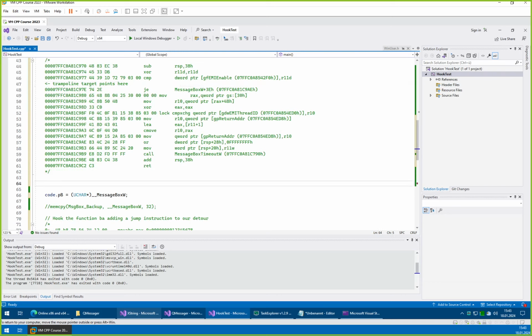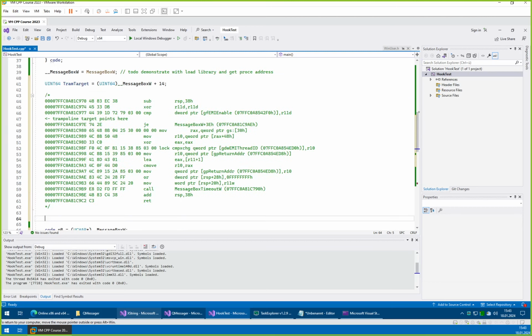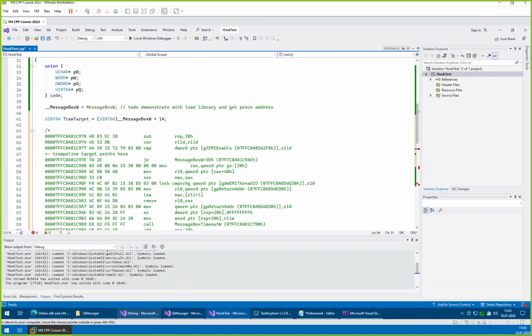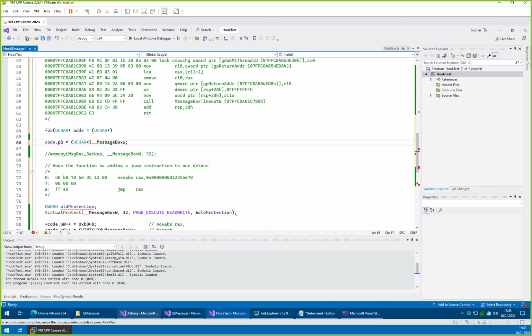And as I already mentioned, what we also will want to do is allocate some executable and writable memory close to the original location of our function. So let's do it with a for loop. Start address equals, we will again copy our address of our original function, comma, then